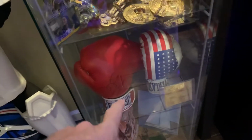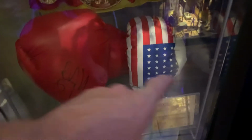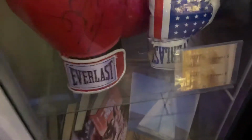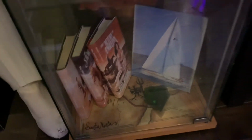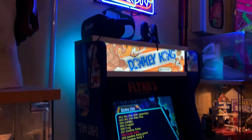I had these signed by Sylvester Stallone a few years ago. Bought this pair, which are signed as well, right there, but they're faded. And that's the ticket from when I actually met Sylvester Stallone, at the Romancing the Stone event. And what ManCave, NerdCave would be